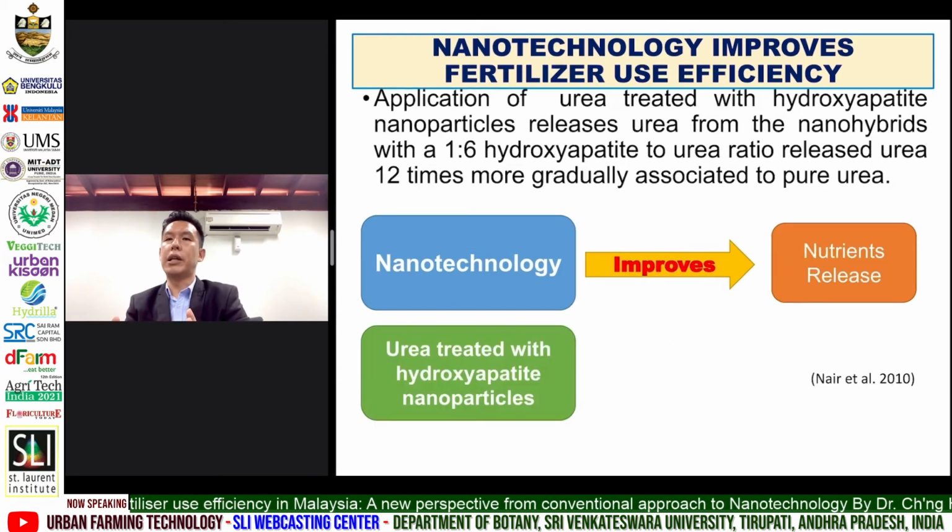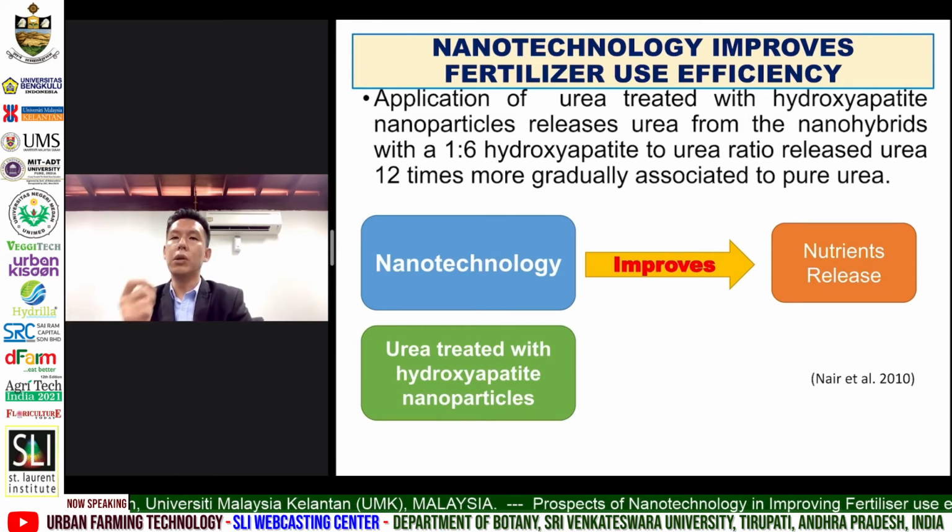In the next study by Naderi et al. 2010, the urea fertilizer treated with hydroxyapatite nanoparticles was able to release 12 times more urea compared to pure urea to be absorbed by the plants and increase the fertilizer use efficiency. Again, once it is treated with these hydroxyapatite nanoparticles, it will release the nutrients slowly according to the plant. So once they release more slowly according to the plant needs, then when we count back, the release will be much higher compared to the one provided by urea without any coating with nanoparticles.